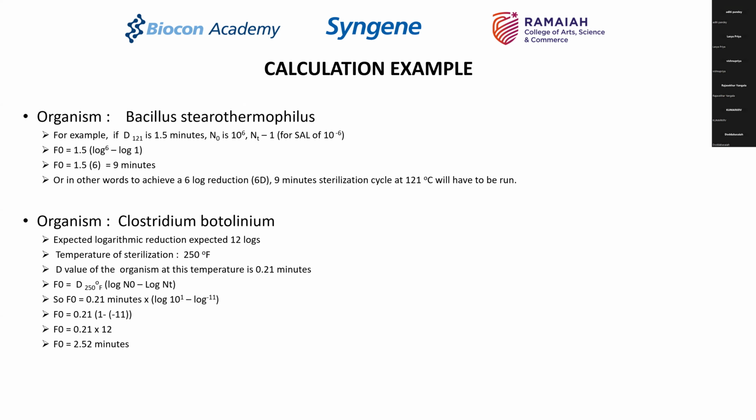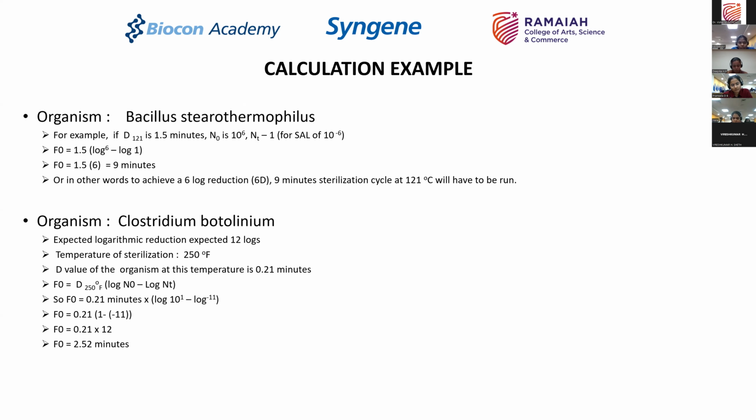Okay. If my initial load is 10 to the power of 6 and I'm looking at a final value of 10 to the power of minus 1, which means that I'm looking at a reduction of 6 logs. All right, then what is my F0 value? I know that 1.5 minutes will give me 1 log reduction. For a 6 log reduction, I will multiply that 1.5 by 6. So in 9 minutes, I can achieve a 6 log reduction at 121 degrees centigrade for Bacillus stereothermophilus is what